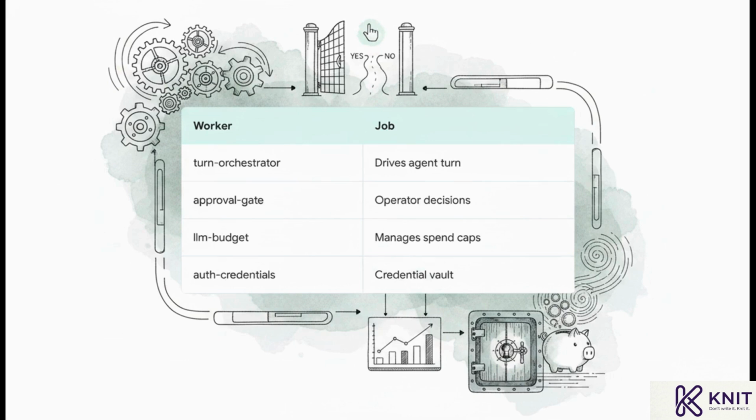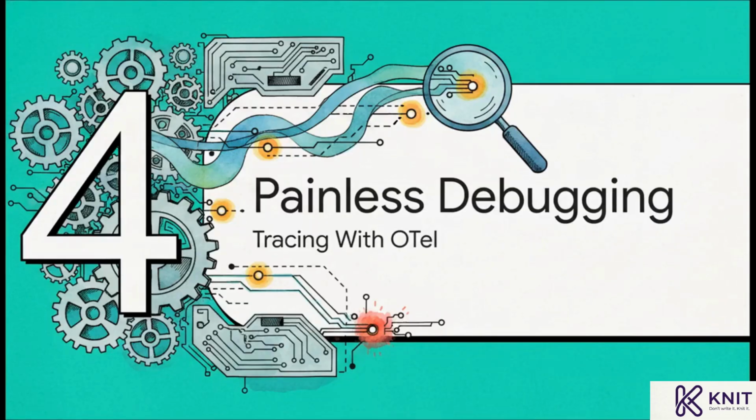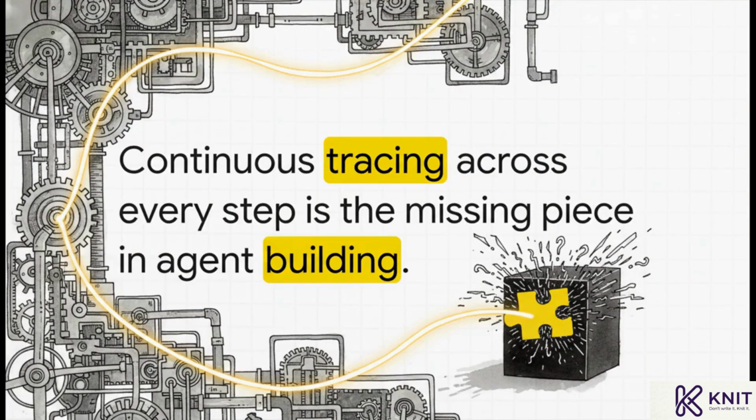But of course, separate workers sound amazing until something inevitably breaks. So how do we track what's going on? Section 4, painless debugging with OpenTelemetry. Being able to carry one continuous OpenTelemetry trace across every single step is without a doubt the missing piece in building reliable agents. In most complex AI setups,